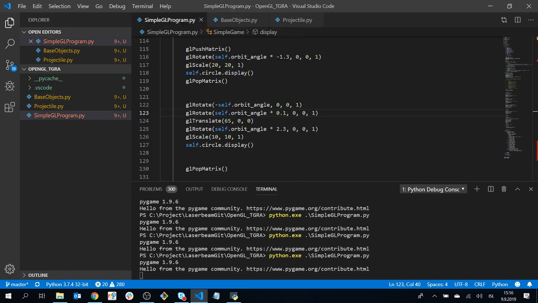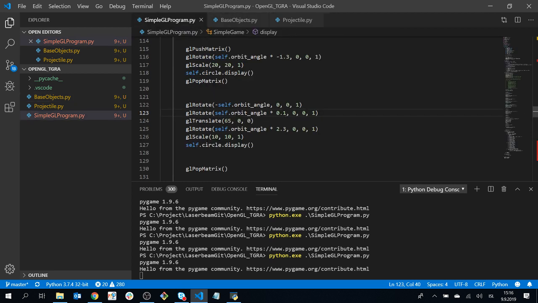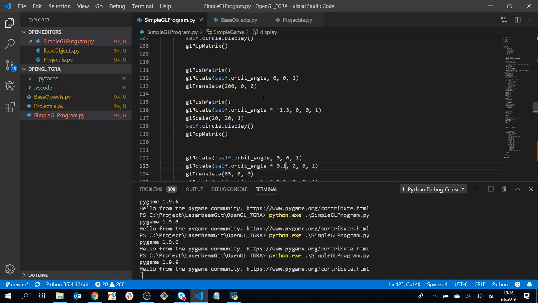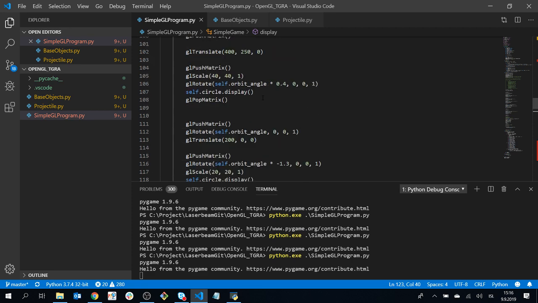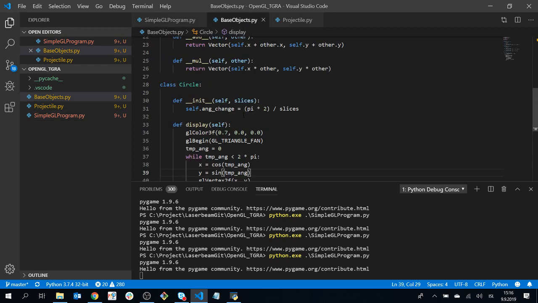It's a little bit complicated here. Let's see what we can do about that. Some kind of collision. I don't know if we can use... Well, we can. We can calculate the actual positions of all these planets, but that's a little bit complicated. So if we go into base objects here,